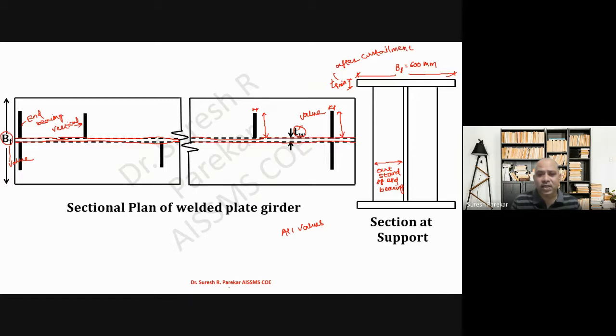So this is your sectional plan of the welded plate girder and section at support. So keep in mind these should be full lines, not dotted lines. If you are in the top plan, then you have these lines as dotted lines. See, that is the spacing between vertical stiffeners. So here you are not going to write down the value C. So you have to write the value. Let us say we have 2200 as the spacing between the stiffeners. So the same way over here.